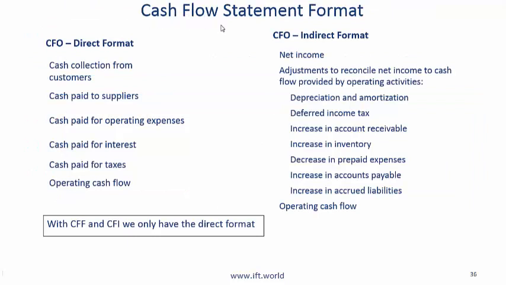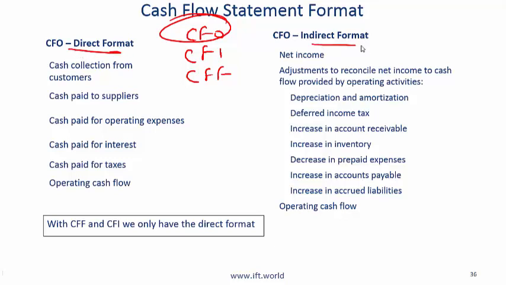Next, we talk about cash flow statement format. Now, we've talked earlier about three categories of the cash flow statement: the CFO, cash flow from operations, cash flow from investing, and cash flow from financing. The cash flow from operations part can either be shown in a direct format or an indirect format. In the direct